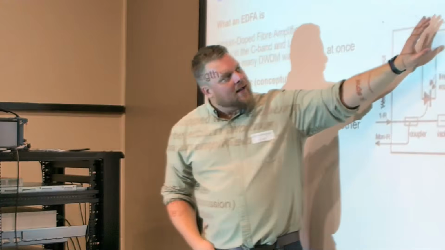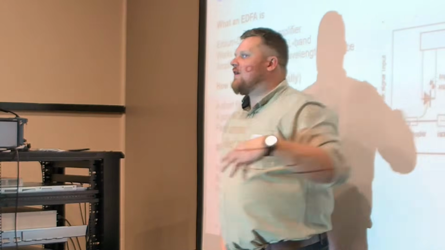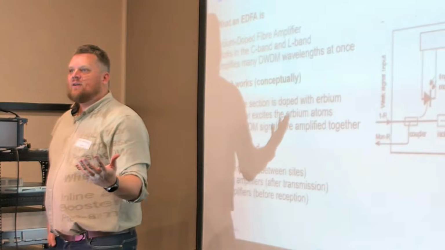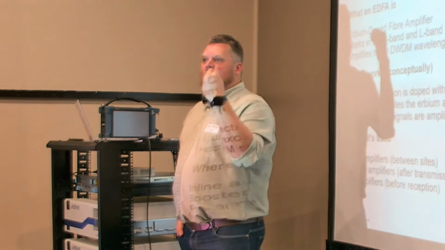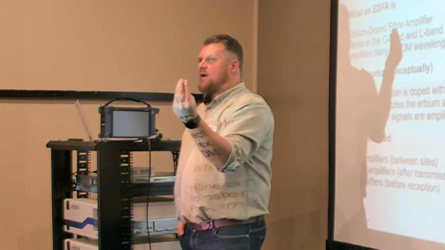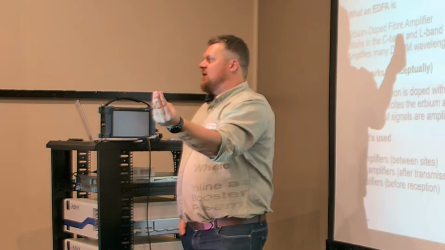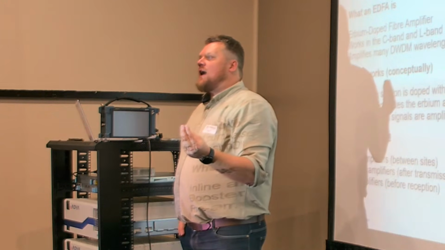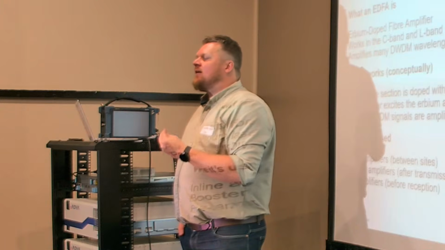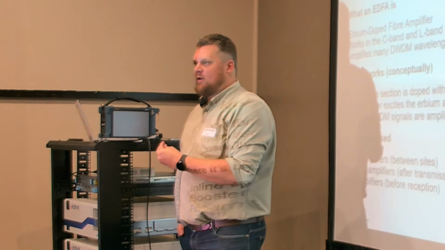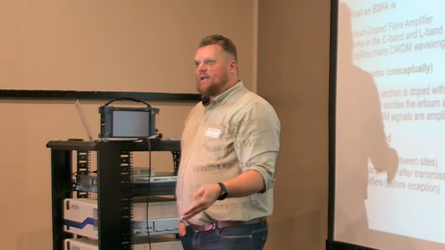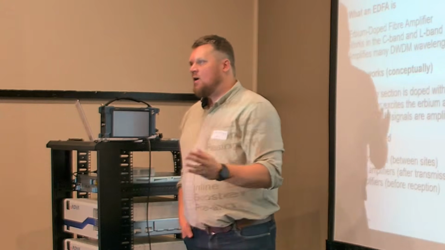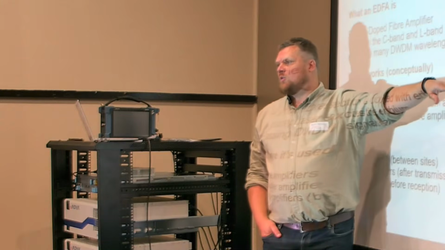Then you'll have a controller, if you've got an amplifier that has variable gain settings. So fixed gain is, this amplifier is a 20 dB amplifier. You switch it on, it sits at 20 dB. It amplifies everything with 20 dB, that's it. A variable gain amplifier, you can actually tell it how much the amplification should be. Is it 16 dB? Is it 17 dB? Is it 21 dB? Is it 30 dB? Whatever. But you can tell it what you want your gain to be.